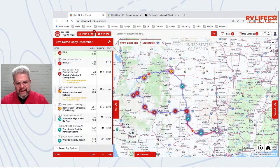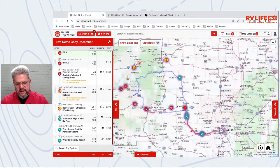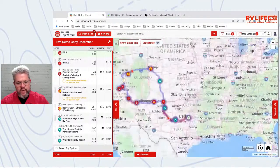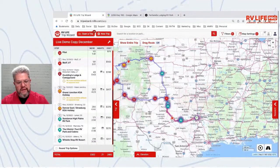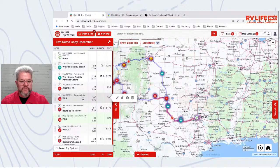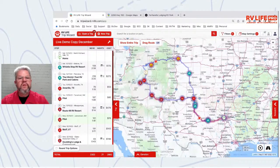And so now I add my fuel stops, which I have done. And you can see there's a little fuel warning that popped up, and we know that that fuel warning has to be on the way home because we took care of it going out already. So after I built out all my fuel stops,